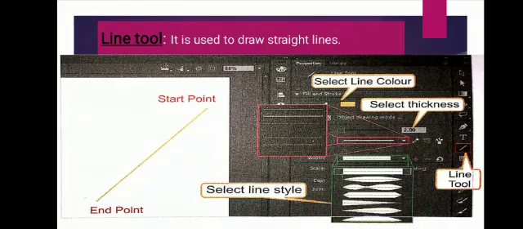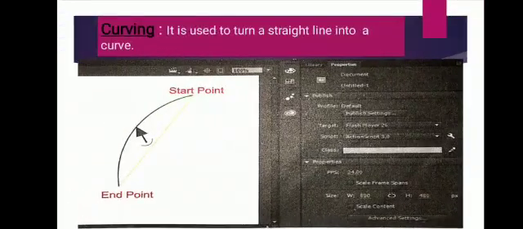Now if you want to draw a curved line, to make it curve, you need selection tool. After drawing a line, click on the selection tool. This arrow shape is for selection tool. Move the pointer on the line and the arrow pointer will change into arrow curve symbol. See here, arrow and below it curve symbol. Now click and drag the line to draw a curve. Release the mouse, you will get a curved line here. Okay.